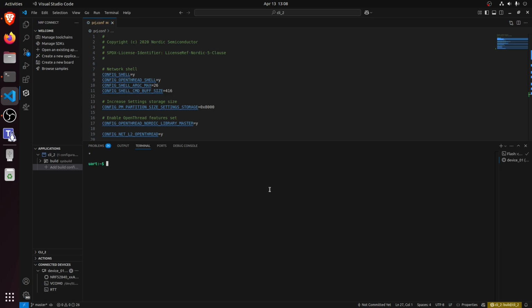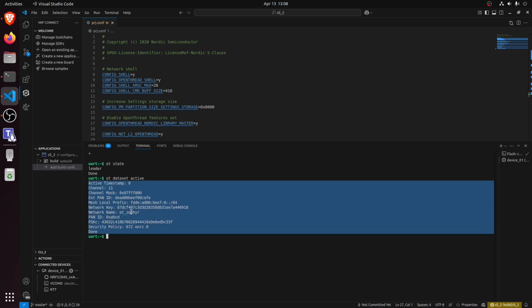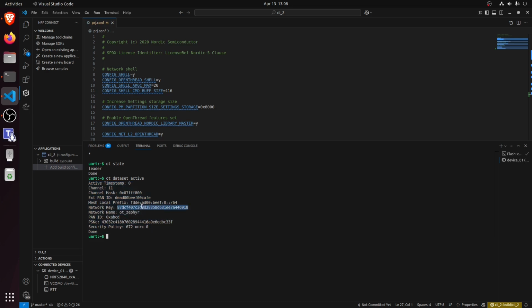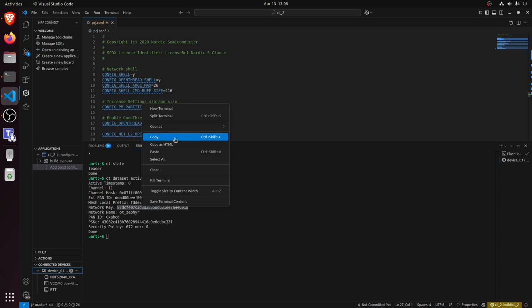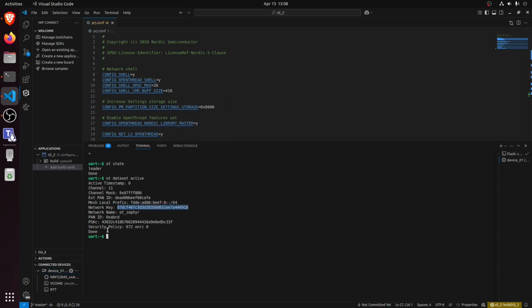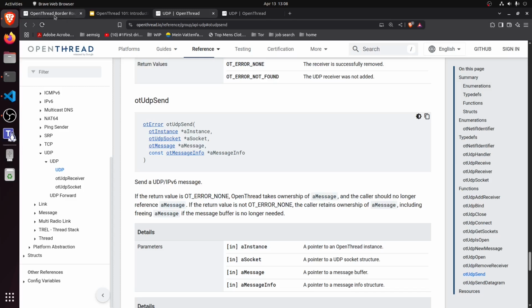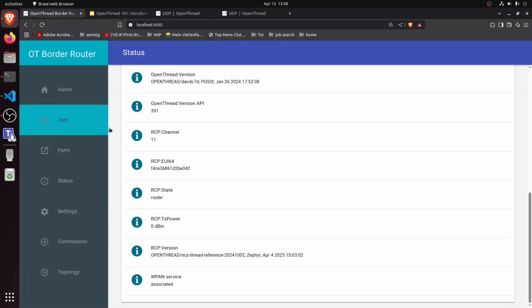If we now check ot state, that's a leader. And if we check ot dataset active, there is a dataset, and the network name is OT Zephyr. There's a network key. Copy the network key, because we want to join this network from the border router. So we go to the border router. There's already some network there, but